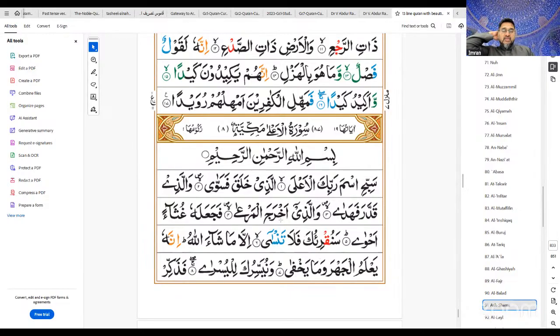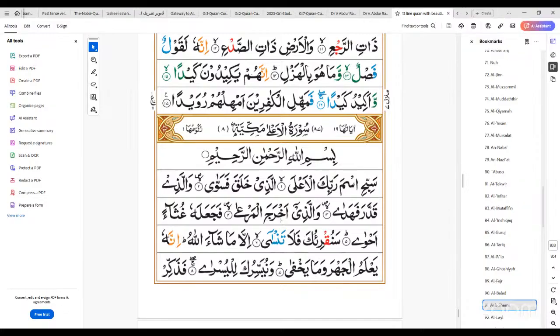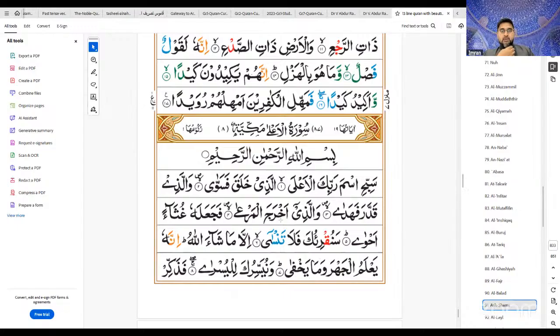And it is with a fatha, kasra, or dhamma? Fatha, always fatha. Excellent. So the last letter of the command has a sukoon, and the second last will have a kasra. So it will become akhrij. Excellent. Akhrij. Very good.